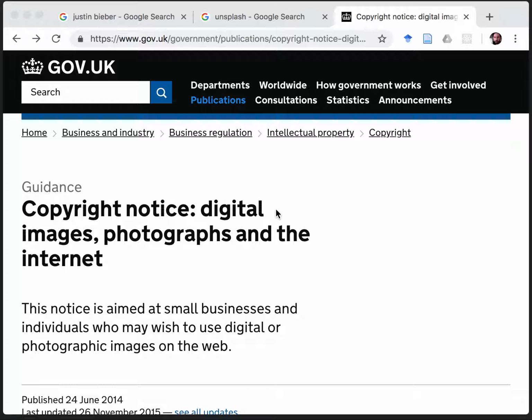So in this video, we'll be talking about using images on your website. What I do not want you to do is just go onto the web and use any old images that you find there on your own website, because that may be violating copyright. To understand the issues here, you can look on this gov.uk website, which has useful information about using images and